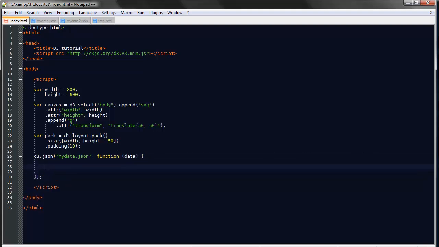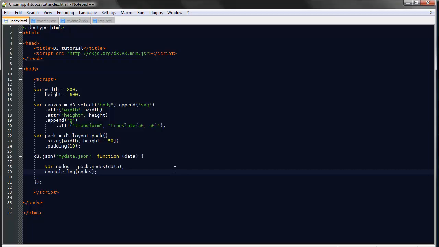Just as with the tree layout, the pack layout provides us with a nodes method, and the nodes method in the pack layout has pretty much the same function as in the tree layout. So if we console log the nodes and take a look at them,